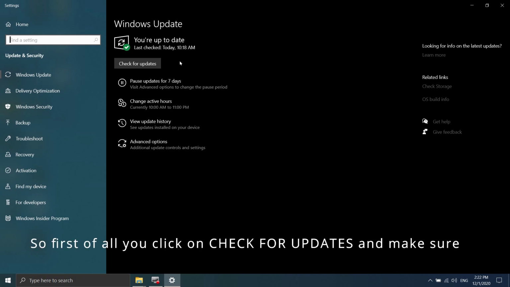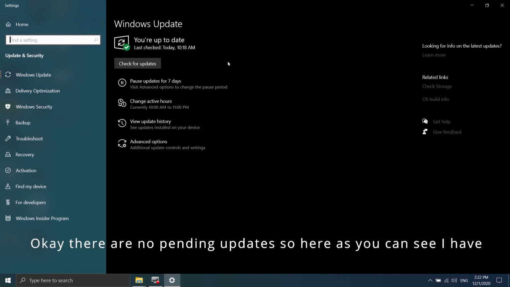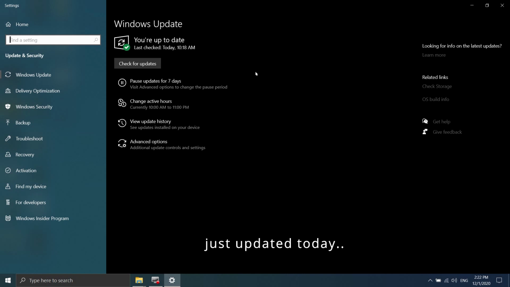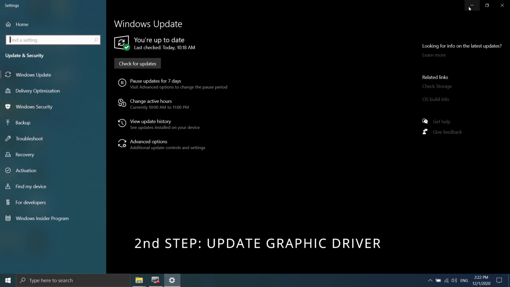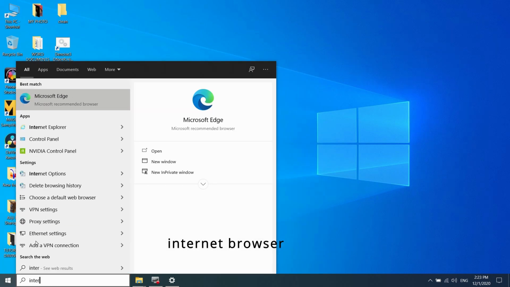So first of all, you click on this Check for updates and make sure your PC or Windows 10 is updated. Okay, there are no pending updates. So here, as you can see, I have just updated today. Okay, so the second thing is you open your internet browser